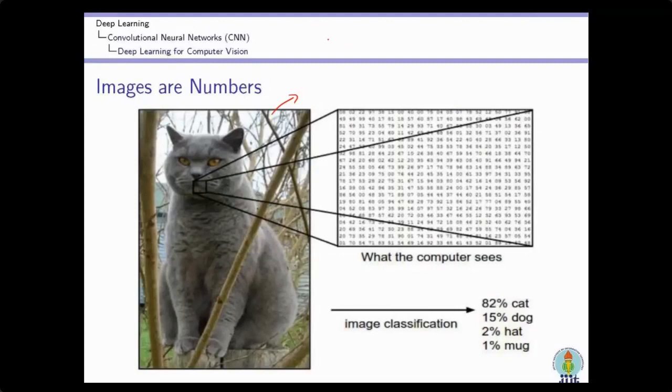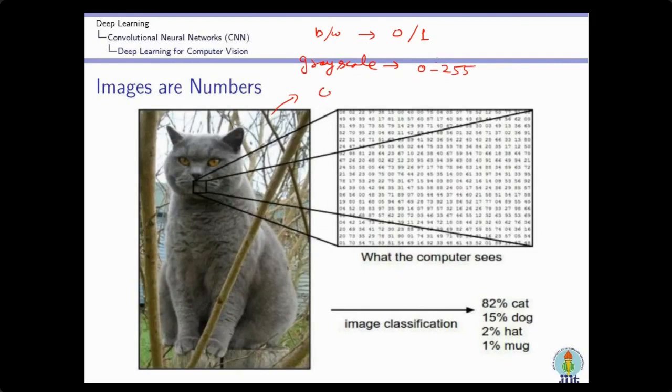Now how are these numbers decided? If the image is a black and white image, then each pixel value will be either 0 or 1. If it is a grayscale image, meaning the image has shades between white and black, then each pixel will have a value between 0 and 255.